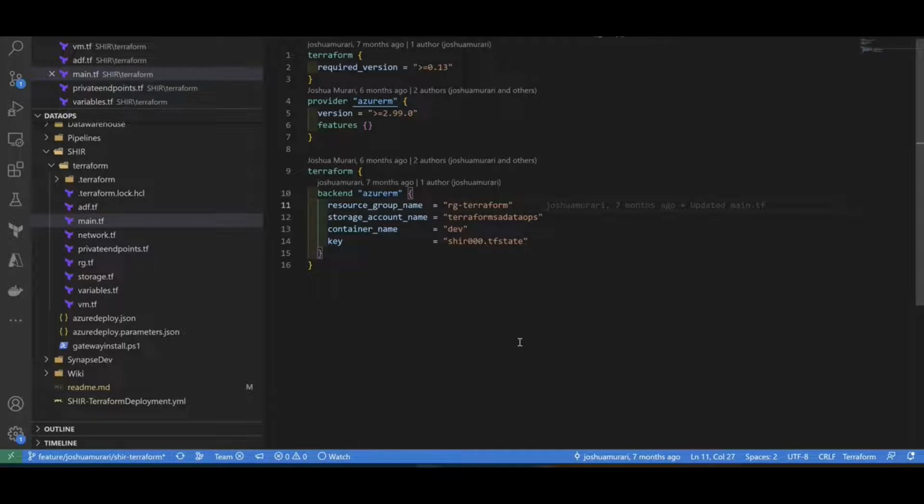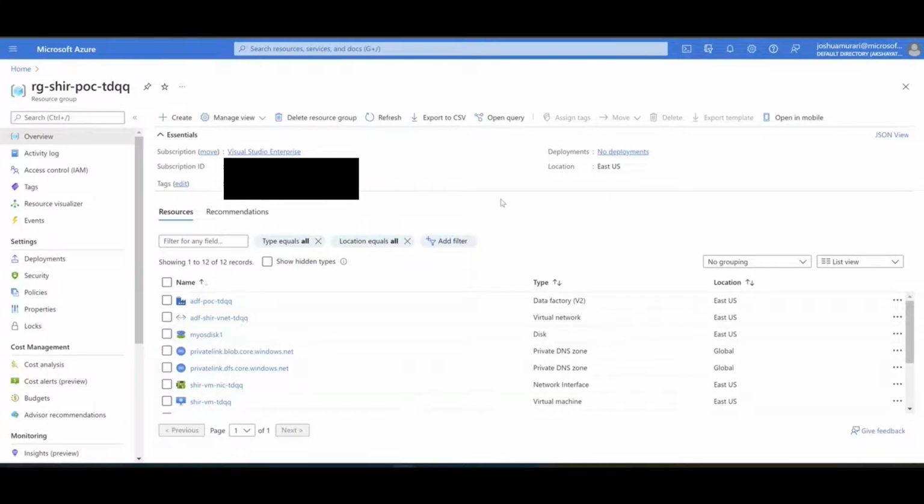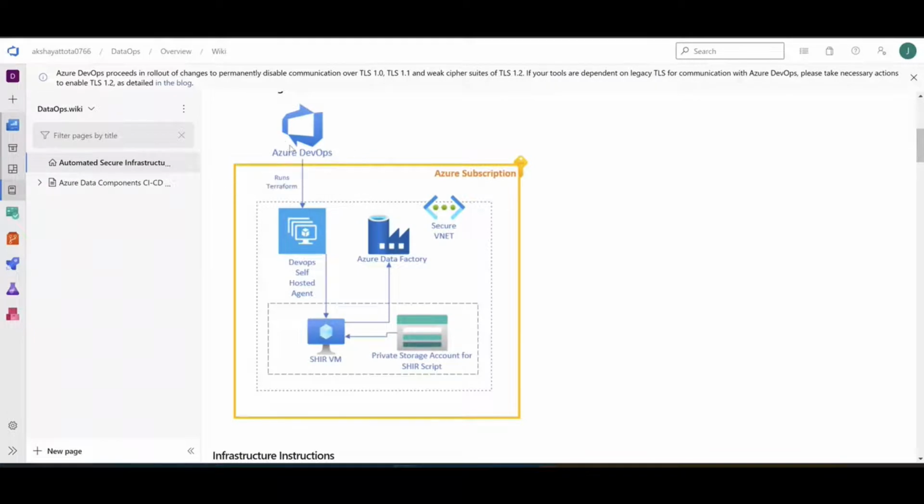Now, one thing to mention before I run this is that because this is a private lockdown storage account and private network, our Terraform code will work fine on the first run, but on any subsequent additional runs